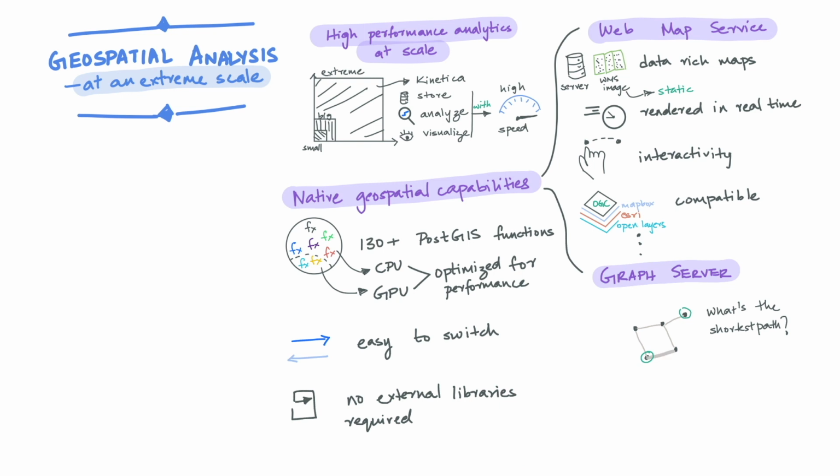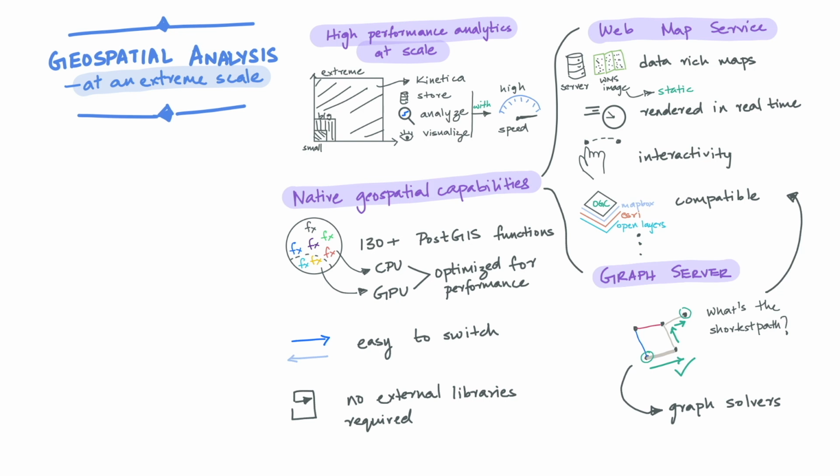Kinetica's graph capabilities make it really easy to model this into a graph representation of a road network. And once this network is created, we can issue built-in graph solvers against it to easily find answers without having to write complex queries. And once the results are available, we can easily combine this data with the road network graph and other geospatial data to visualize it using the WMS endpoint. And since the results of the graph solver are available as tabular data, these can also be easily plugged into other capabilities of the platform, such as, say for instance, a machine learning model.